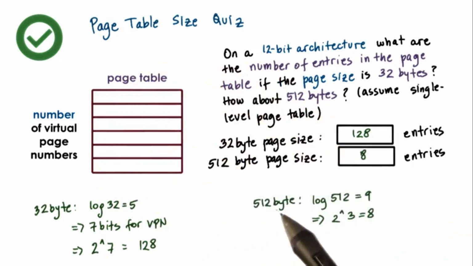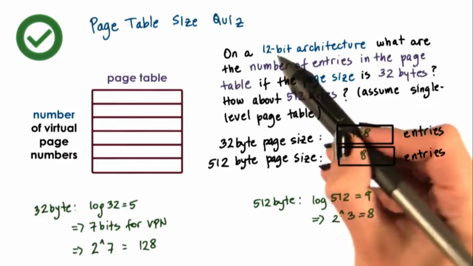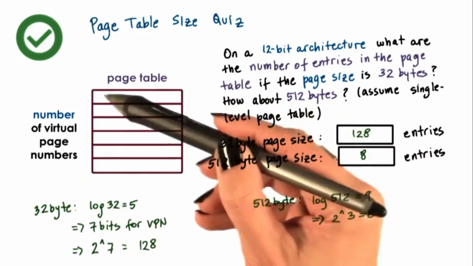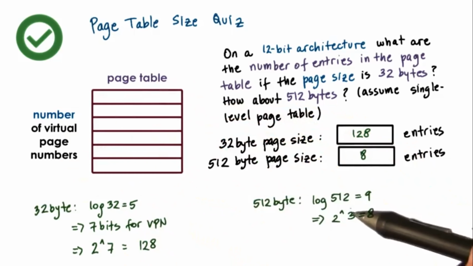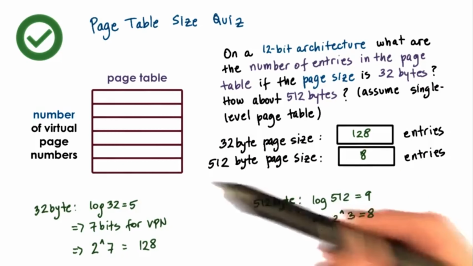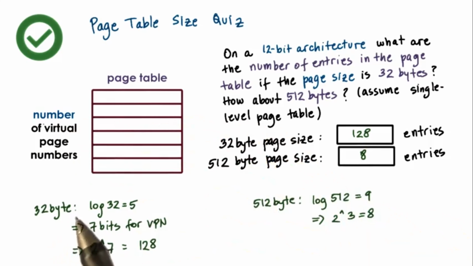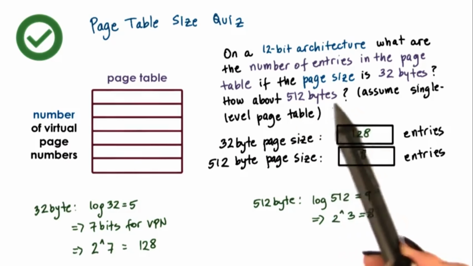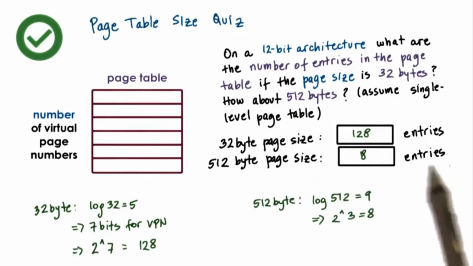Using the same logic, for the 512-byte pages, we will need 9 bits out of the total 12 bits for the offset into the page, and therefore we will be left with 3 bits for the virtual page number. As a result, the page table will need to have entries for all of the 2 to the 3rd number of virtual pages. So it will have a total of 8 entries. As you can see, this example illustrates the impact of using larger page sizes on the requirements of the